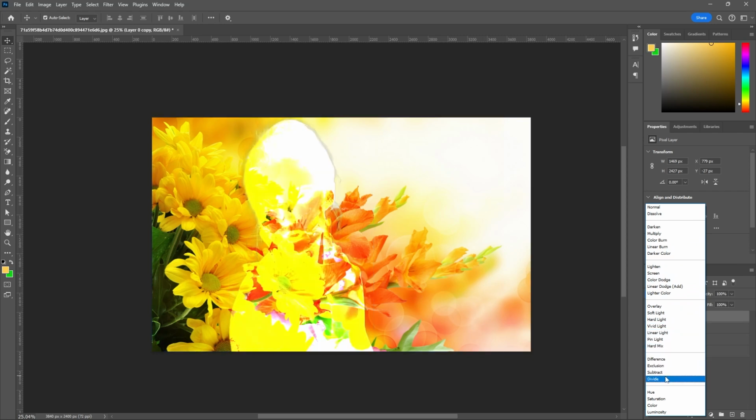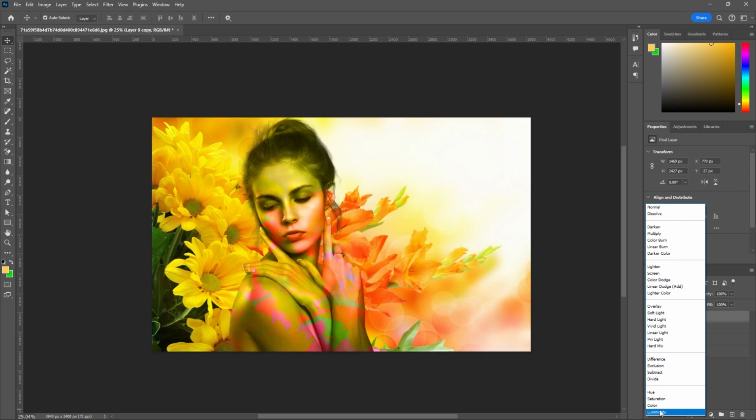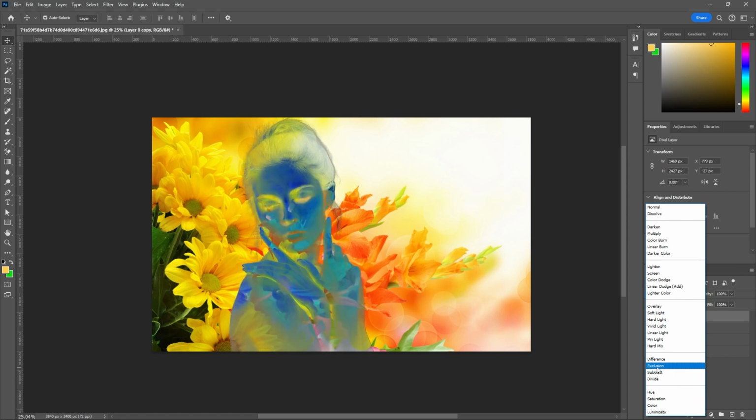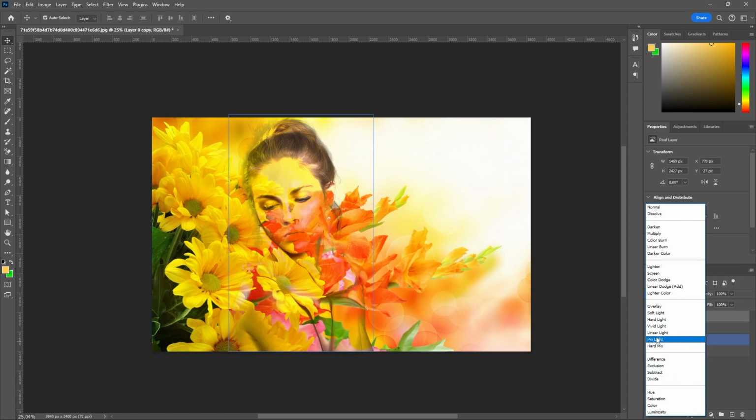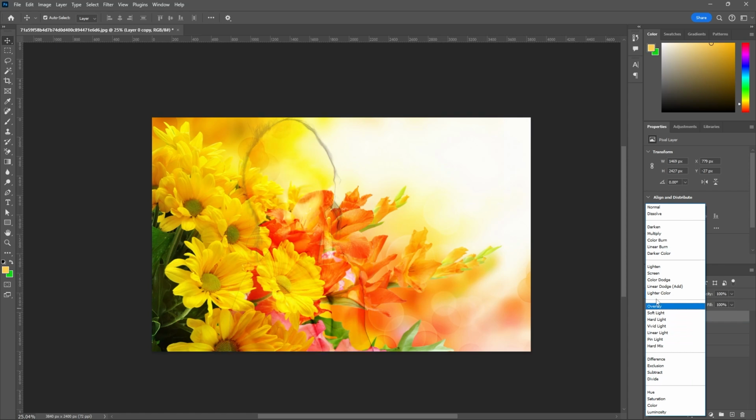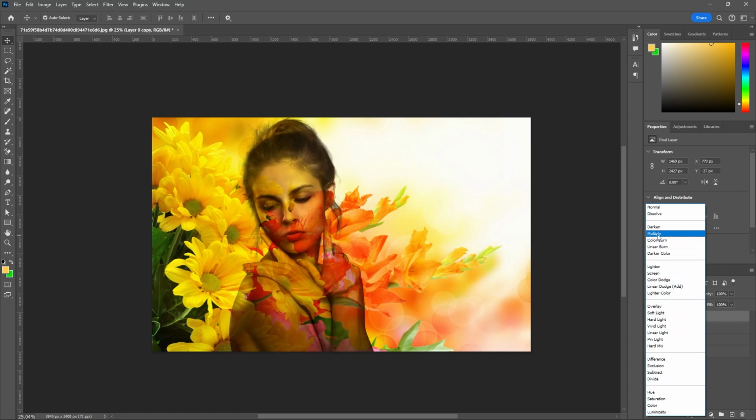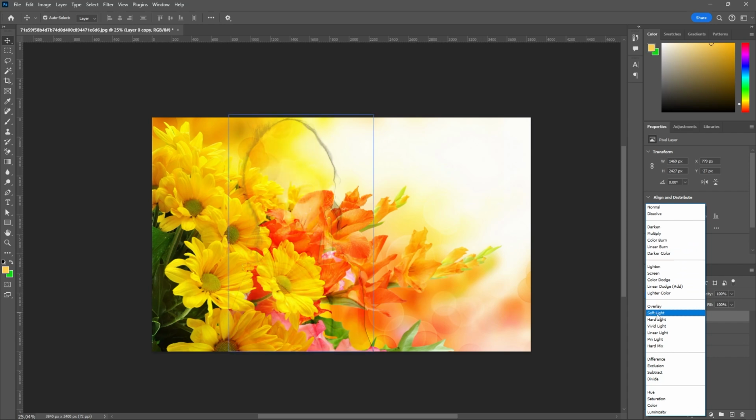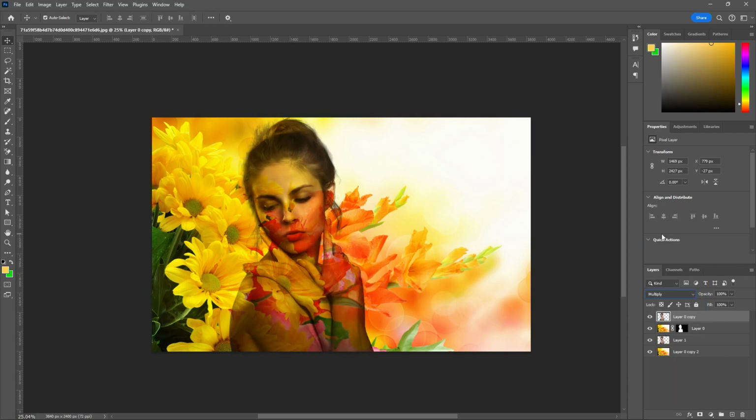See, here we have different modes. Here I am using the possible and required mode. Let us say, I think multiply is looking good. Overlay and light. Yeah, I'm using multiply. Okay, use the multiply, and what I'll do,